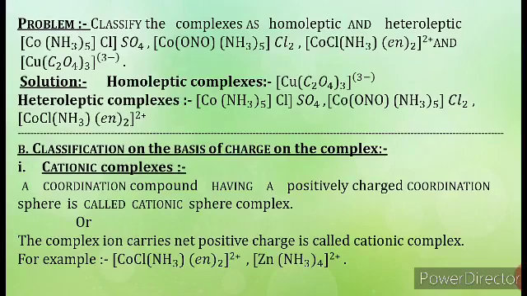Okay, now here the oxidation state of zinc is +2. Inside the coordination sphere, no anion is present, only neutral molecules are present, so the net charge on the complex will be equal to the oxidation state of zinc. That's why the net charge present on the complex is +2. So it is again an example of a cationic complex.